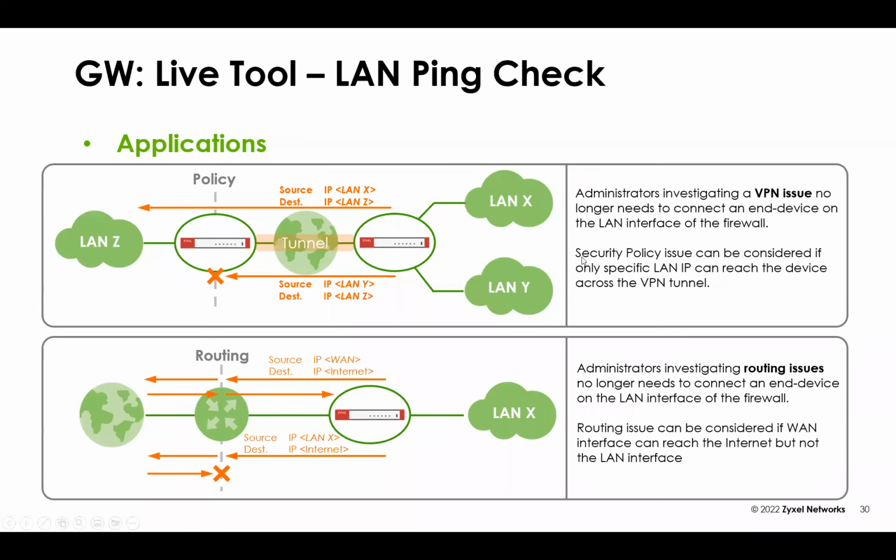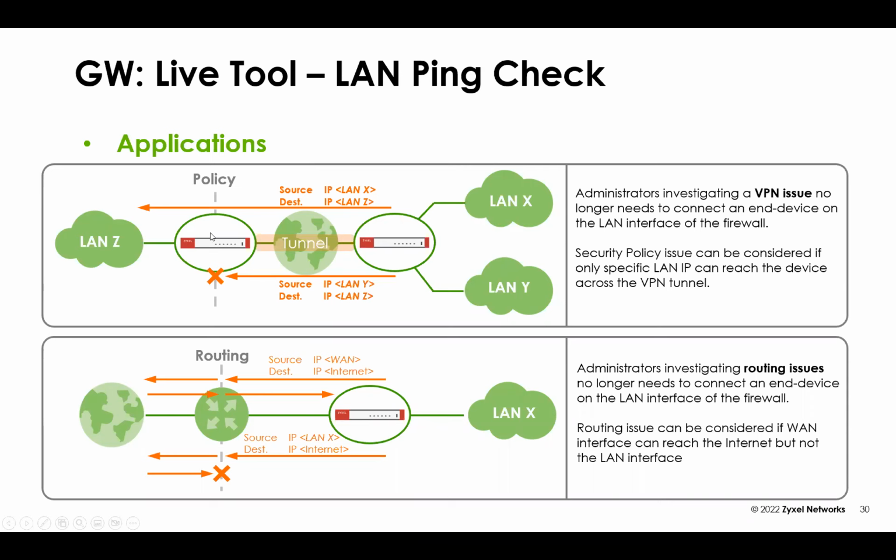So here we have it in our application. If we have an administrator that's investigating a VPN issue, they no longer need to connect to an end device on the LAN of the firewall to check, because a security policy issue can be considered if only a specific LAN IP can reach the device across the tunnel. So what that means is that we can use the LAN connectivity ping check to ping an IP address